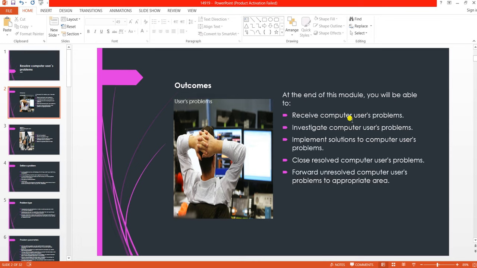At the end of this unit standard, you'll be able to receive computer user problems. That's session 1. In this session, that's where we'll identify the problems, needing to understand the identifying of the problems and the parameters of the types of problems that you encounter. And in session 2, we will be investigating further the computer problems. This is where your mitigating steps, your troubleshooting steps,